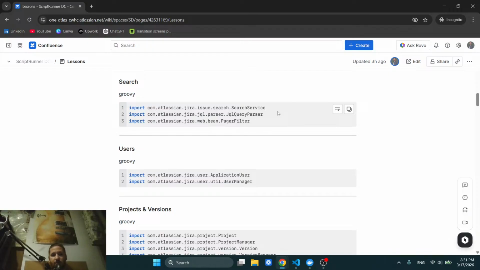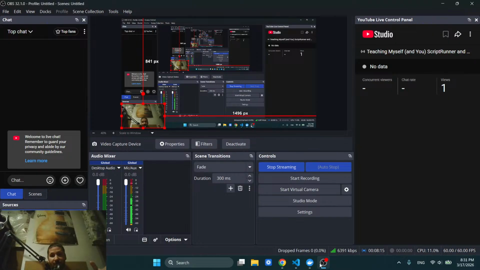And of course, you can change that with the HAPI, so you can use something like issues.search, put in your JQL query and do all of this stuff. Without it, you would have to do a lot more to use the search service, compared to using this thing, a pager filter, that basically